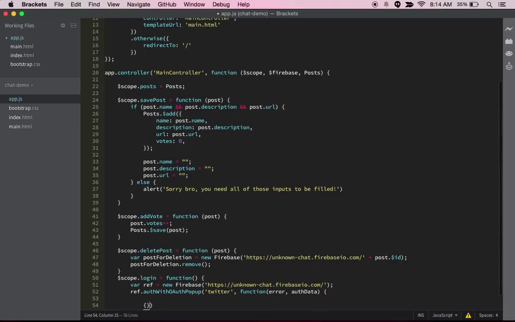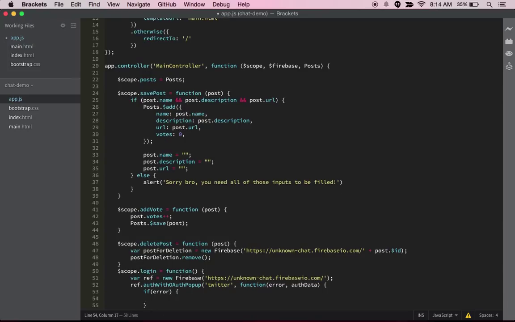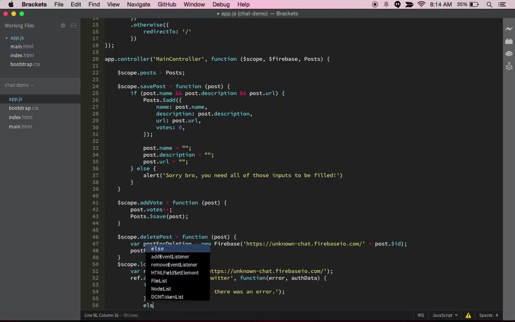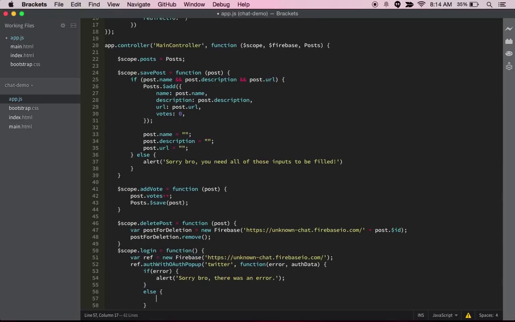Then we open up the curly braces, and inside that, if there's an error, the first thing we do is alert, sorry bro, there was an error. And then else, alert,